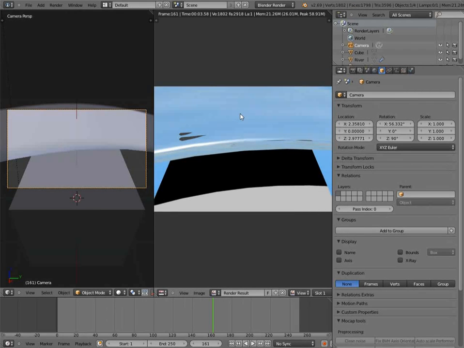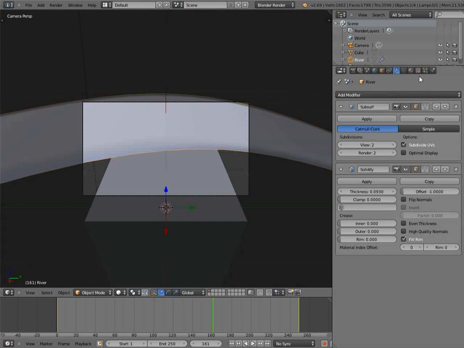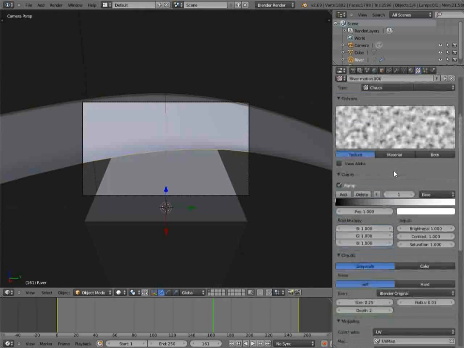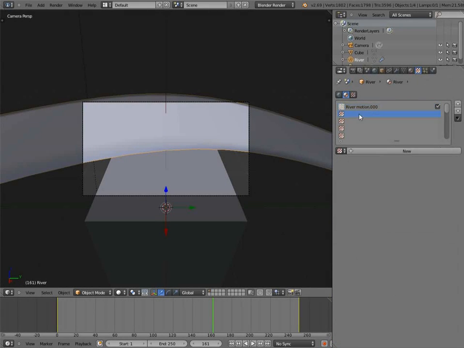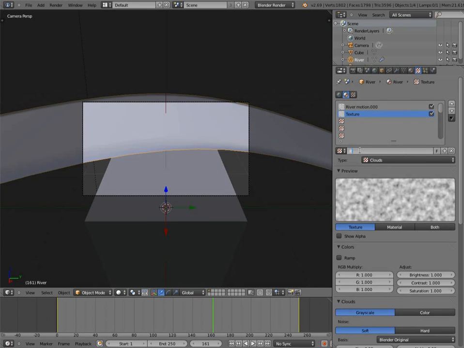Not quite, but I can tell you the problem. The main problem with this method of texturing is it stretches along the thickness. So, for example, instead of having these straight lines over here, you'll have vertical lines that flow along the thickness of it. In order to remedy this, we usually just add another texture to it that we can animate along the z-axis on generated textures. So to have that, we can just add a new texture and call it river motion